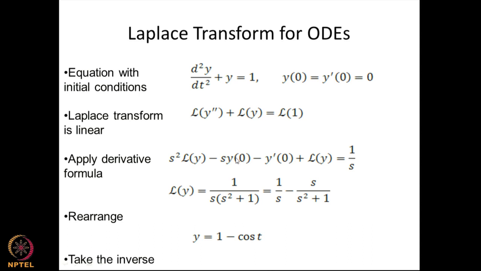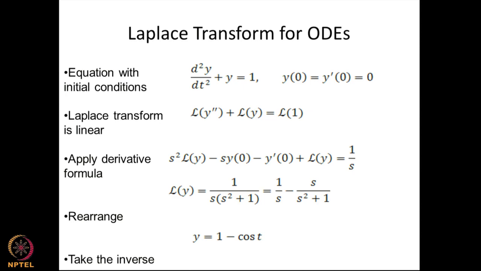So, substitute y of 0 and y prime of 0. You will see that the Laplace transform of y is 1 by s minus s by s square plus 1. So, when you take an inverse transform, you will see that your y is equal to 1 minus cos t. So, that is how an equation which was very complicated, a derivative, is now written as an algebraic equation. Now, an algebraic equation you can invert to get your final solution of y. From the Laplace transform of y, which was this, you invert it, you get the function which is the solution you wanted.